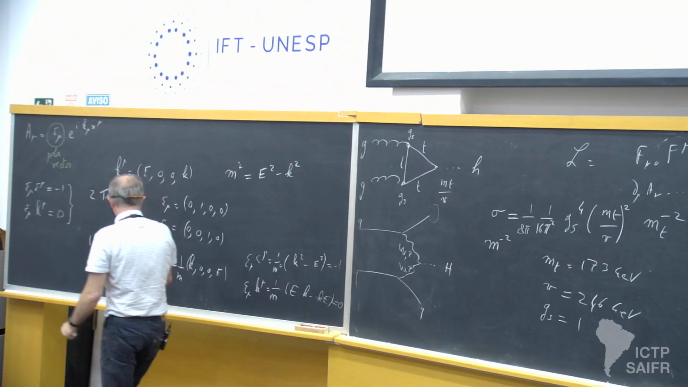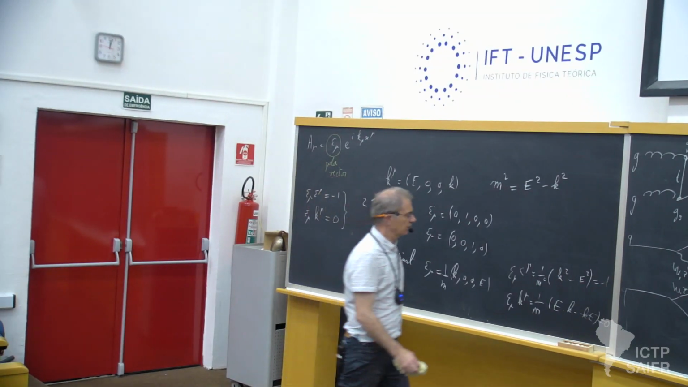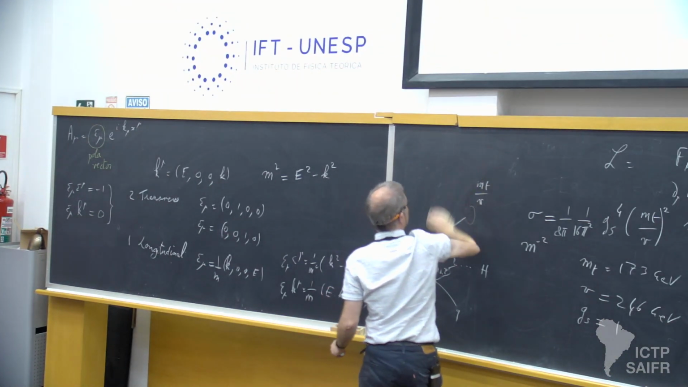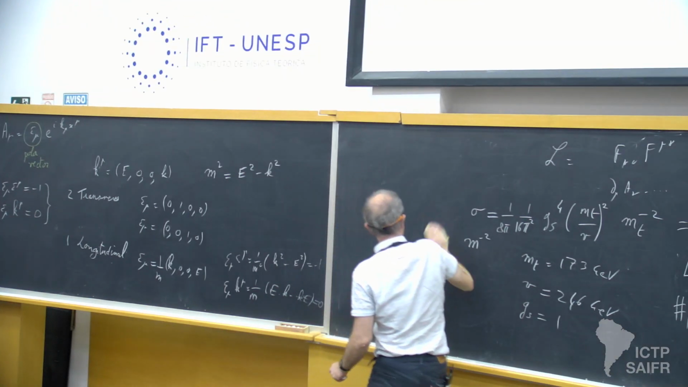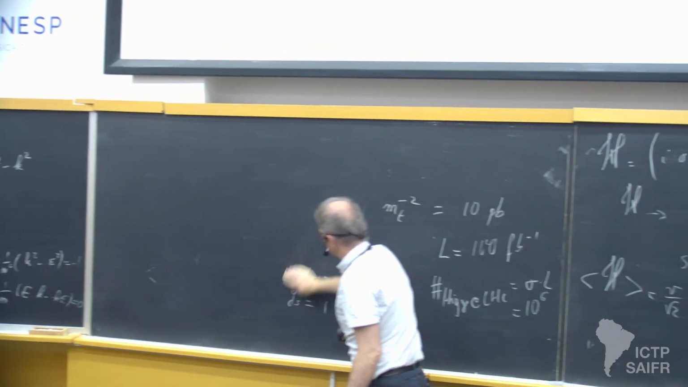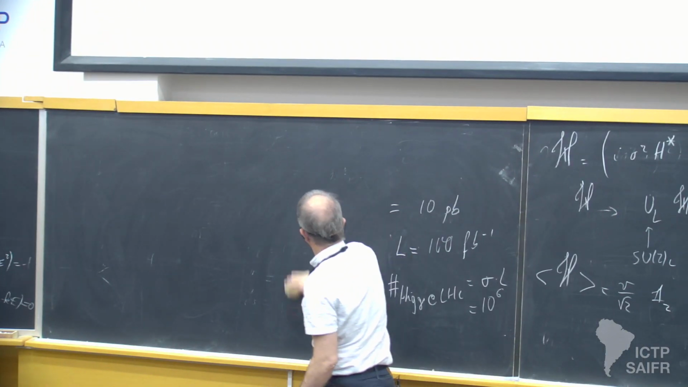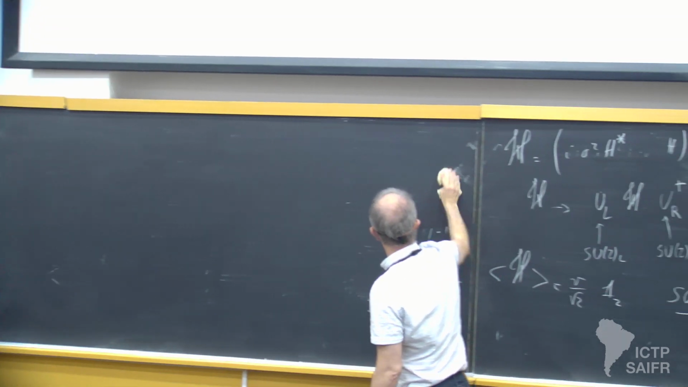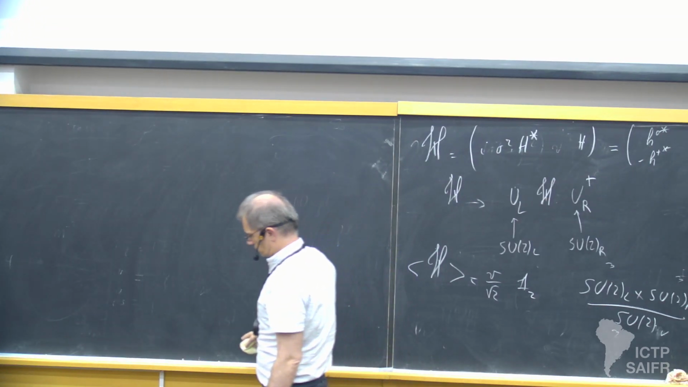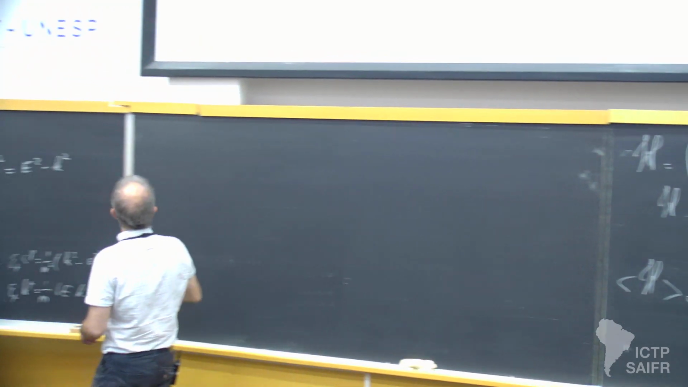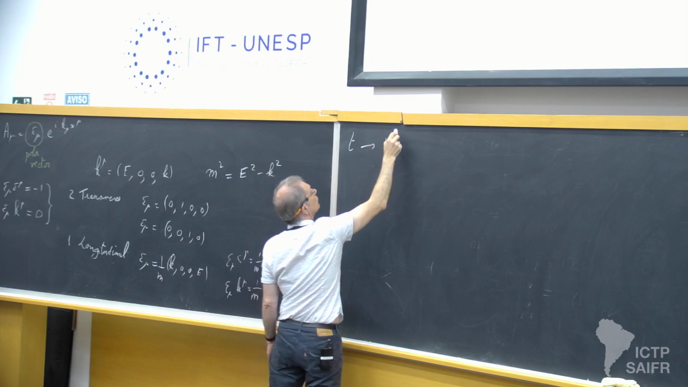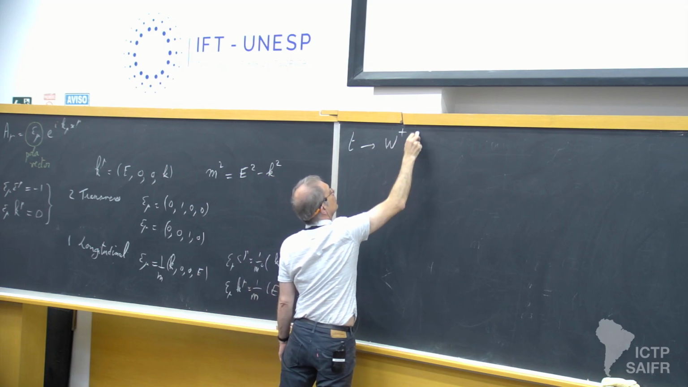How can we see that? Well, you can give a formal proof in QFT, but what does it mean physically? Let's, for instance, look at the decay of the top quark. The top quark is a very heavy quark. It will decay. Its most dominant decay mode is into a W and a B,